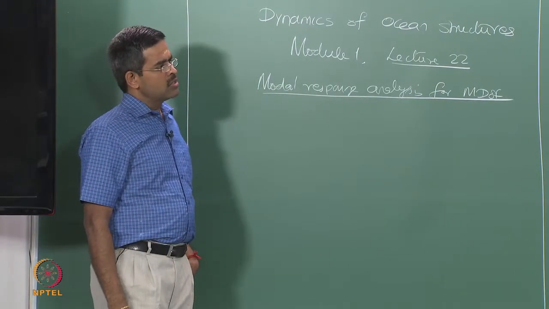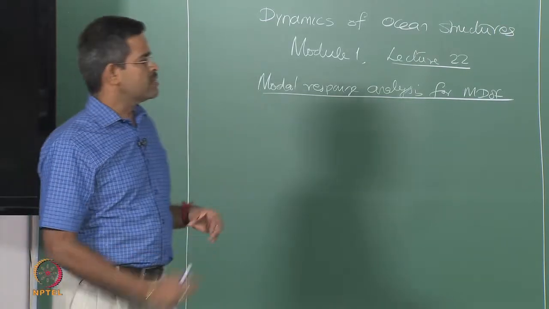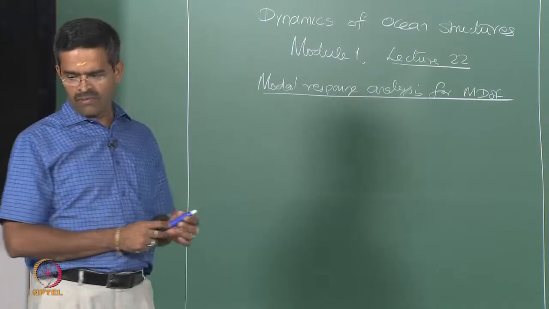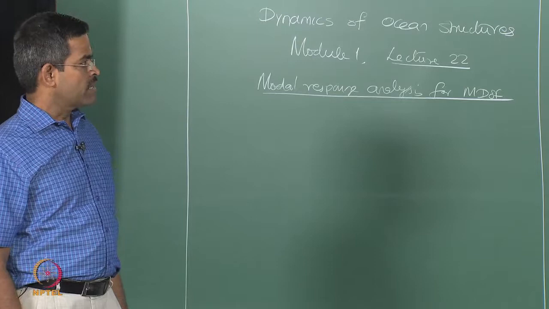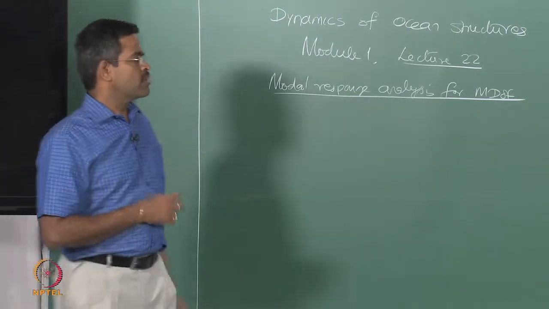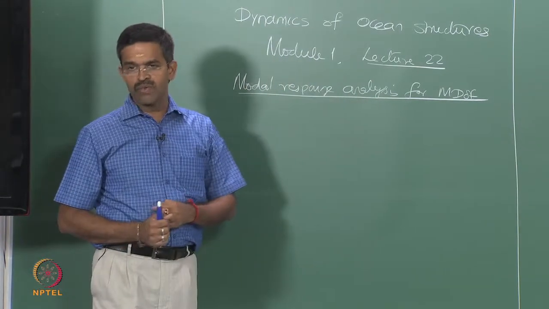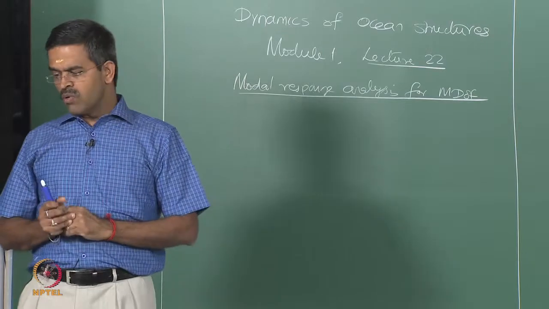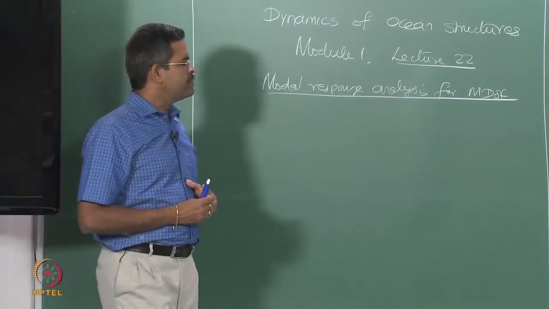So, we also understood the 2 essential characteristics of a dynamic system, which are the frequency and mode shape. Frequency is important because you will be able to design the system so that you can keep the band of frequency of the excitation force away from the natural frequency of the system, so the system does not resonate. Mode shapes are important because one would like to know the modal contribution in the overall response of the analysis. So, we will discuss how the modal response can be made simple if you have the